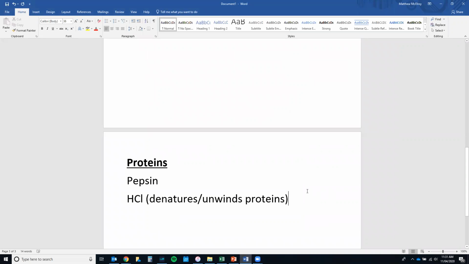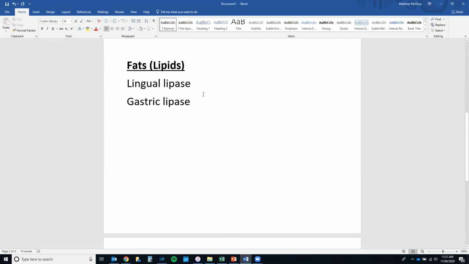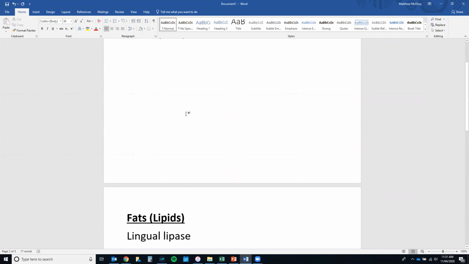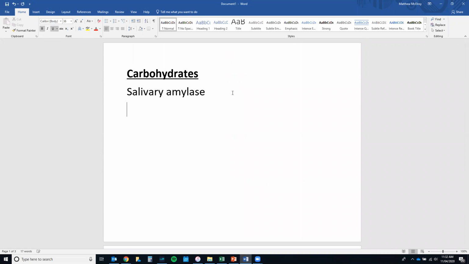Okay, listing things out. Add trypsin to our list for proteins. For fats, we will add pancreatic lipase. And then for carbohydrates, we will add